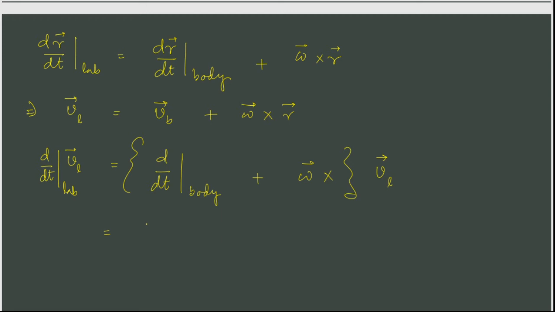So we substitute this expression for V_L to get d/dt of the body of V_B, and then we have omega cross V_B plus we have